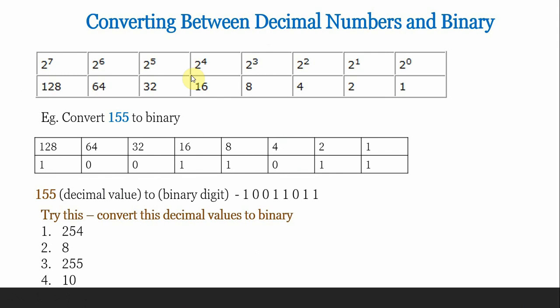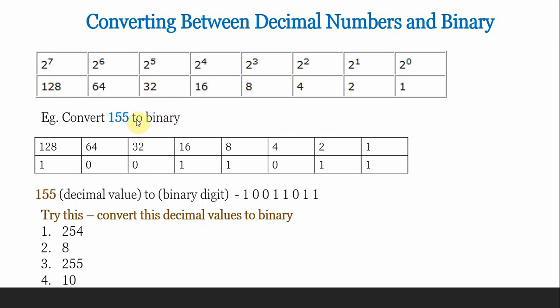So how can we convert binary into decimal value, or decimal value into binary? We said that we have 4 groups, and each of them is called an octet. Each octet contains 8 binary digits. If I run from 2 to the power 0, 2 to the power 1, up to 2 to the power 7, and add all these values, it gives us 255. So how can we convert this